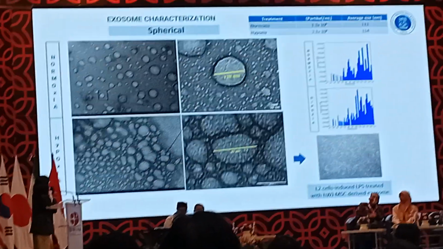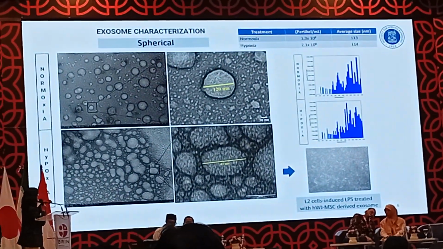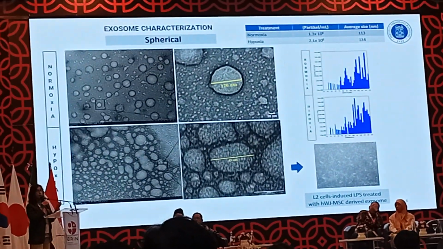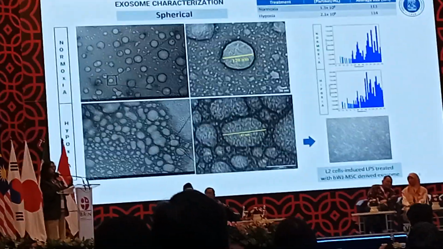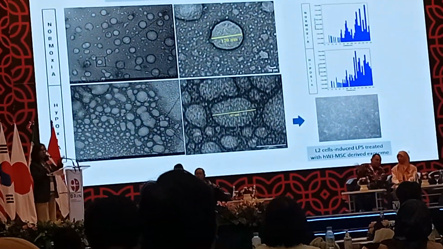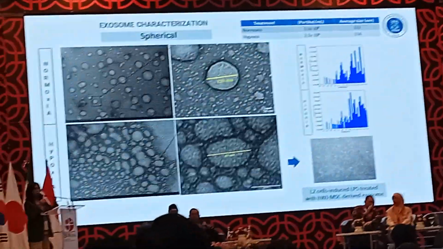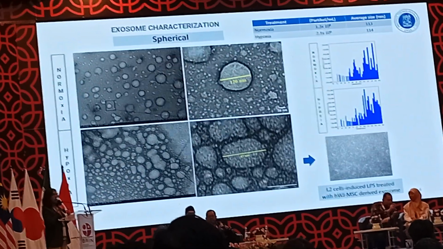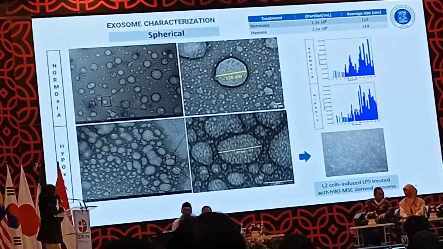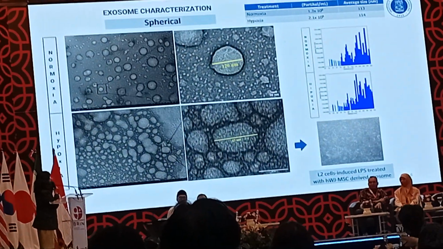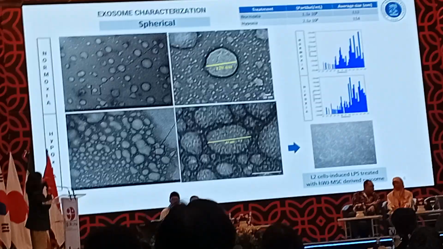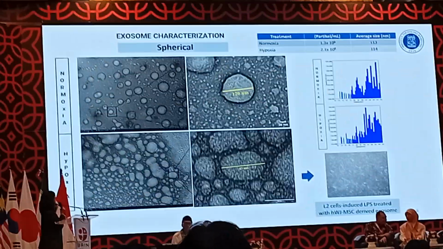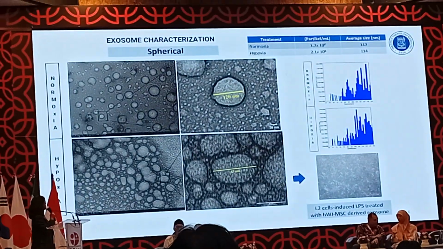Human Wharton's jelly mesenchymal stem cell, and we can see the exosomes under the condition of normoxia and hypoxia, because it is very common that if we want to produce more exosome, then we have to make the cells stressed, fasting, starving, and then under the hypoxia condition. But actually, between the normoxia and hypoxia, it's not too big a difference, like 1.3 times 10 to the 8, to 2.1 times 10 to the 8, less than 2 times.